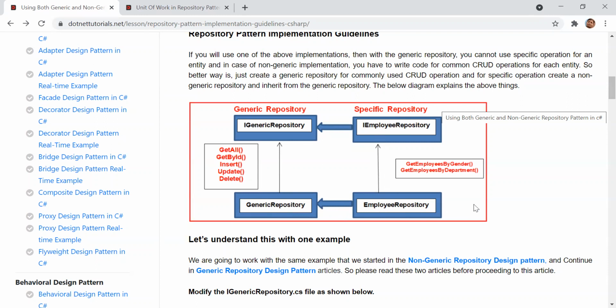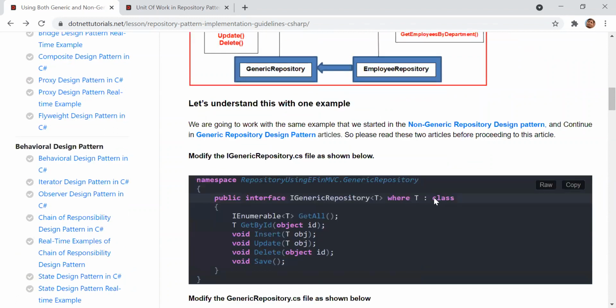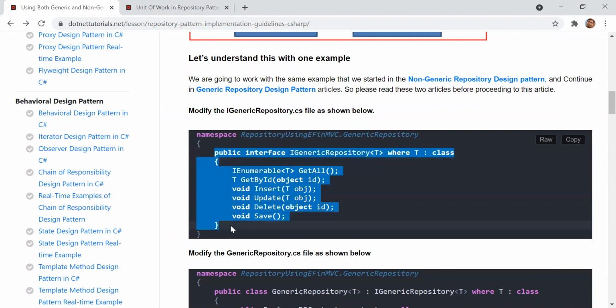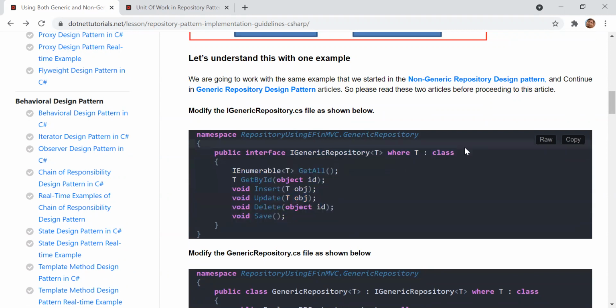So what will be the advantage? In the case of a specific repository, it will communicate only with that particular class, like employee only. If you design the repository as a generic repository, then it can communicate with different classes like the employee class, student class, product class, customer class. So that will be the advantage. So whenever we are going to create a repository, first of all we need to define an interface. I hope here we are defining the T type. T type means whatever class I define, that will be the T type.